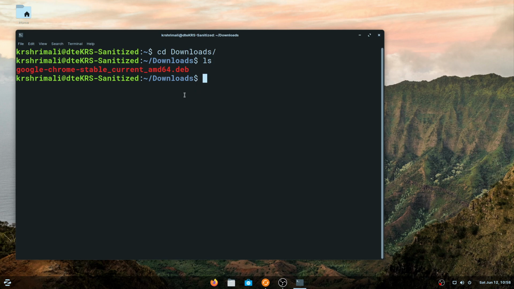And all you need to do to install this is sudo, because to install anything you of course need root permissions, slash admin permissions. And since we always use dpkg as a Debian package manager, D is for Debian and pkg is for package, and I want to install it, so I'm going to say -i, and then I'm going to give it the path. That is it. So it's very easy to install things. Sudo space dpkg space -i, and then you mention the path of the .deb file, and if you hit enter